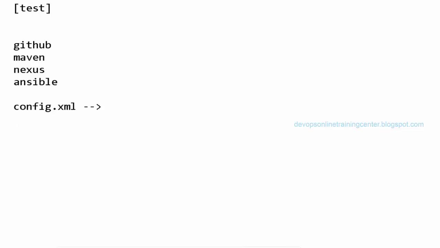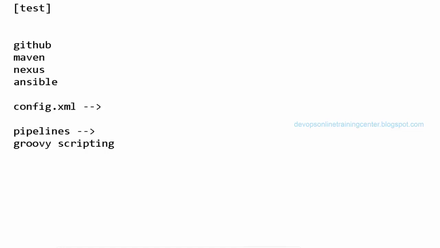But still, this is not like infrastructure as code, right? So we want to write everything as code. Instead of using the graphical user interface, I should be able to write everything as code. For that purpose, pipelines are introduced. Using pipelines, it is easy for the developer to develop the job in terms of code. For this, we use something called Groovy scripting. We don't have to learn entire Groovy, but we should at least know how to write simple stages and all, right? So how do we write the script?